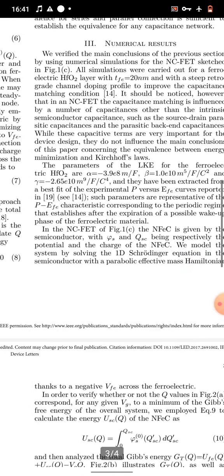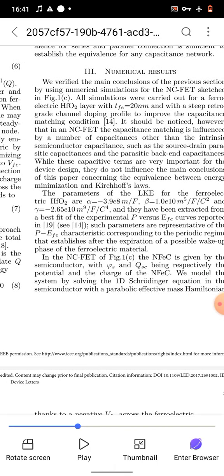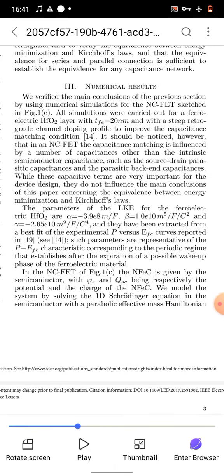Now coming to numerical results, we verified the main conclusion of the previous section by using numerical simulations for the NCFET sketched in figure 1. All simulations were carried out for a ferroelectric HfO2 layer with T_FE equal to 20 nanometers, and with a steep retrograde channel doping profile to improve the capacitance matching conditions. It should be noticed, however,